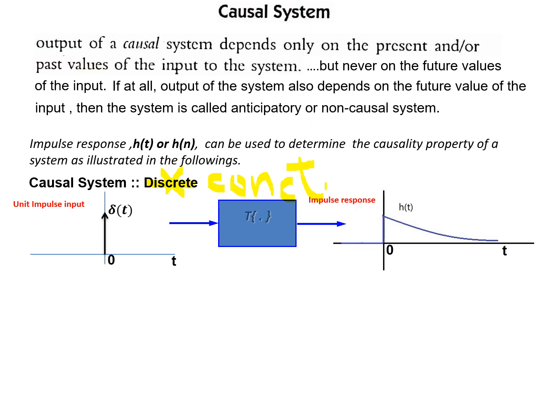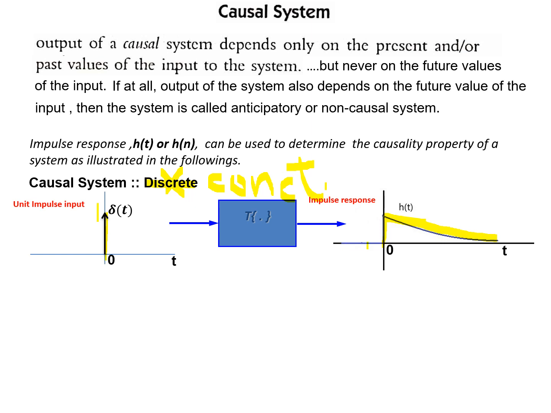For this continuous system, if I give a unit impulse, that is, amplitude at strength 1, then the output starts at t equal to 0 and then remains non-zero till some value. It's exponentially falling. The important thing you have to note here is that I applied the impulse at t equal to 0, and the output started only at t equal to 0, not before that.